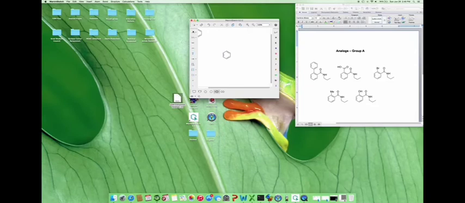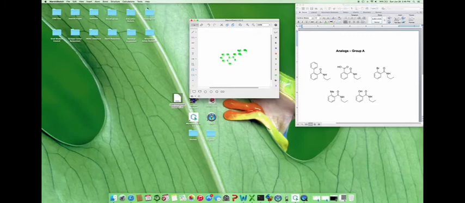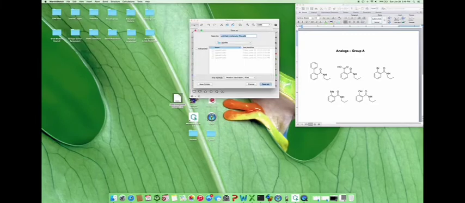Marvin Sketch is a very intuitive program, and one draws molecules in this program by simply dragging and dropping bonds. In order to add a heteroatom, you simply highlight a carbon and press the appropriate letter key. I highlighted that carbon and pressed an N for nitrogen. You now highlight your constructed molecule, go to Structure, go to Clean 3D, and Clean in 3D. It then reorientates itself, which indicates that the molecule has been optimized in 3 dimensions